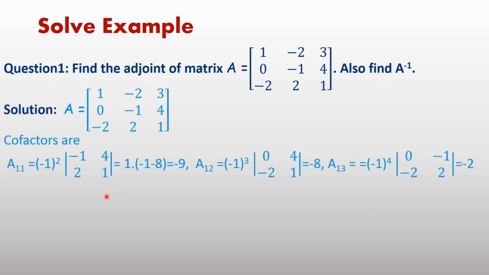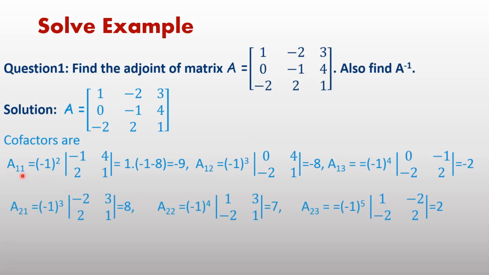To find adjoint of matrix A, first write the cofactors. Cofactors we have already discussed in the previous video. A11 is the cofactor of this element we want to write. Before writing the cofactor, just remember even and odd position. If 1 1 is given, 1 plus 1 is 2. If the sum is even, then minus 1 power 2, the sign will not change. And if 1 plus 2 is 3, minus 1 power 3 equals minus, the sign will change.